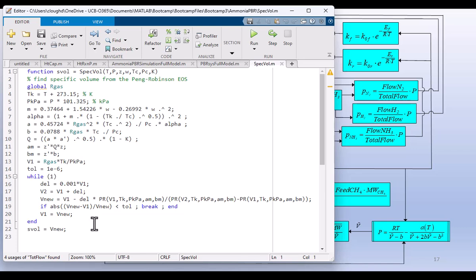And we use a slight perturbation of the volume in order to get an approximation to the derivative, all right, of the equation with respect to v. And so if I look at the PR routine now,